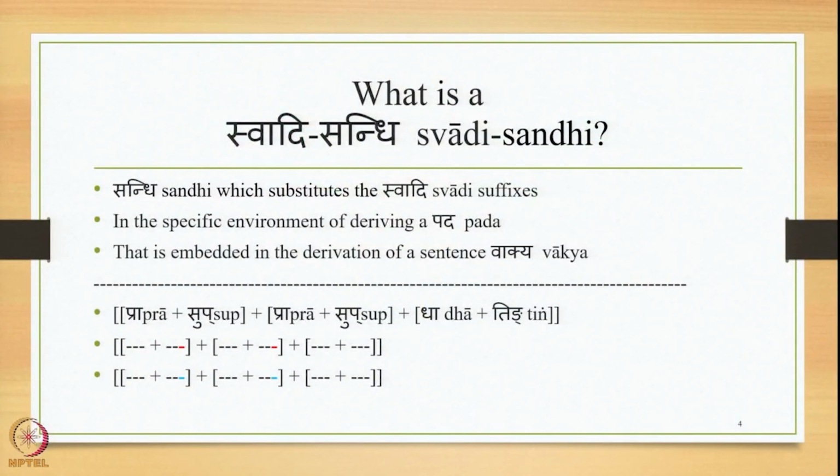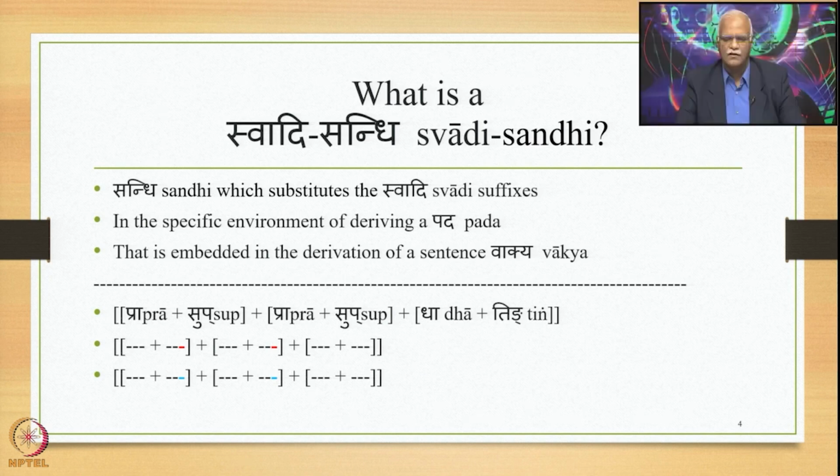What is a Swadi Sandhi? Swadi Sandhi is a Sandhi which substitutes the Swadi suffixes, and this substitution takes place in a specific environment of deriving a pada that is embedded in the derivation of a sentence or vakya. In accordance with the definition of a vakya, ekatin vakyam, there has to be one thing,